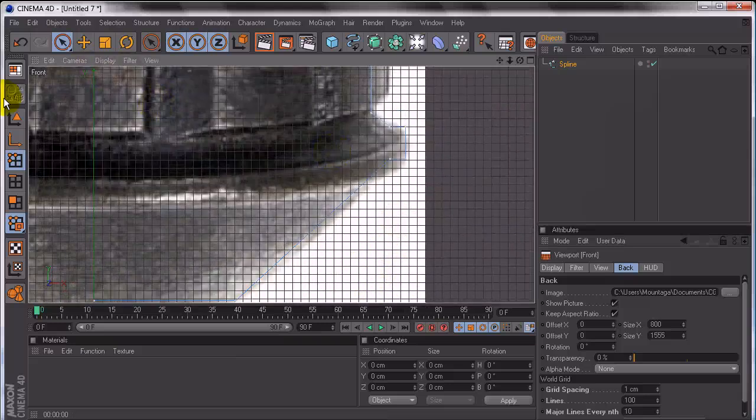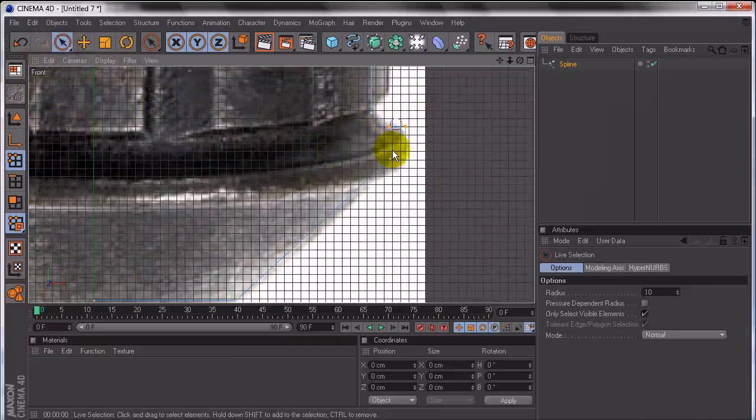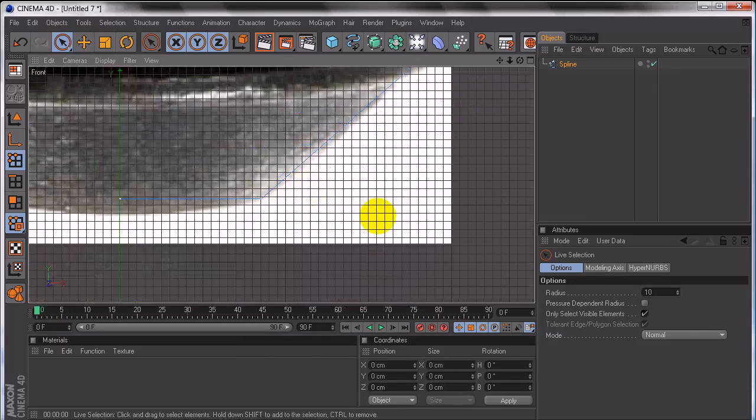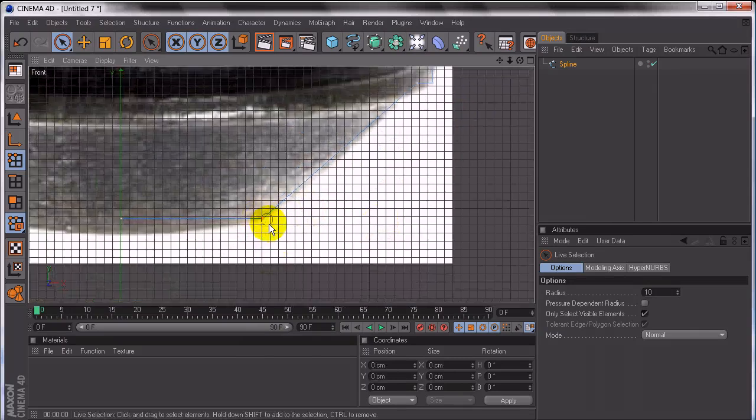Also, we're probably going to want to move this point down a little bit, so press Alt-D to bring back the gizmo and move it down a little bit. And to curve this point, all we have to do is select that point